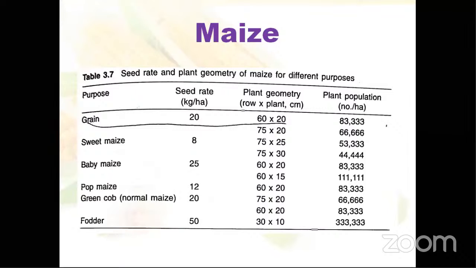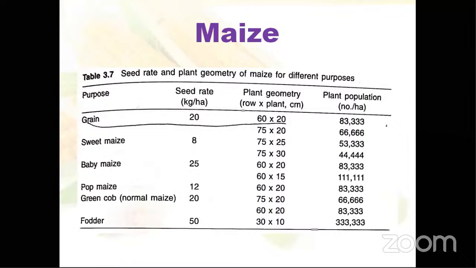The spacings, seed rates and plant population are more important. If we sow at 75 to 25 centimeter spacing, you will get 53,333 plants per hectare. If you sow at 75 into 30 centimeter spacing, you will get 44,444 plants per hectare. And for that, you require 8 kgs